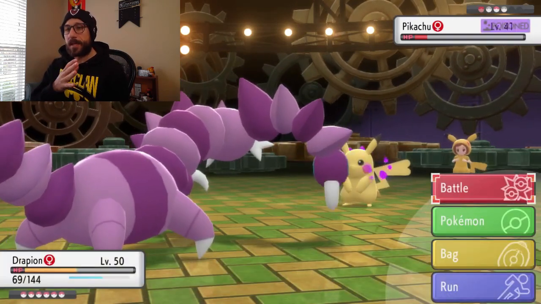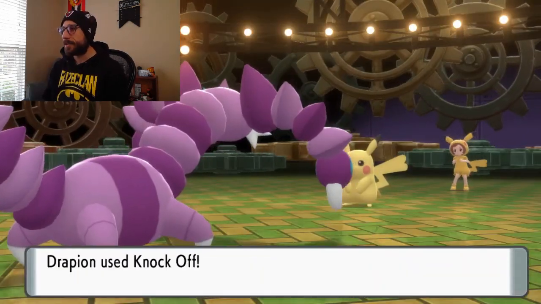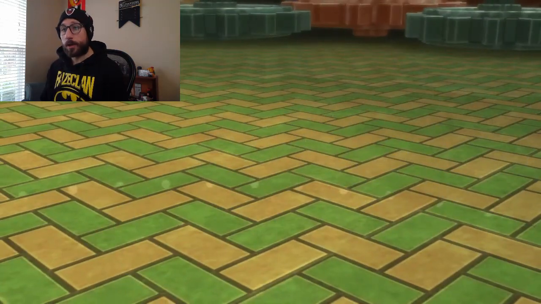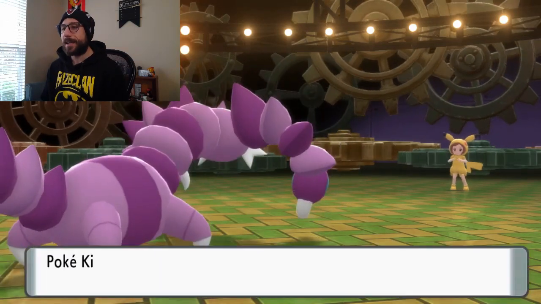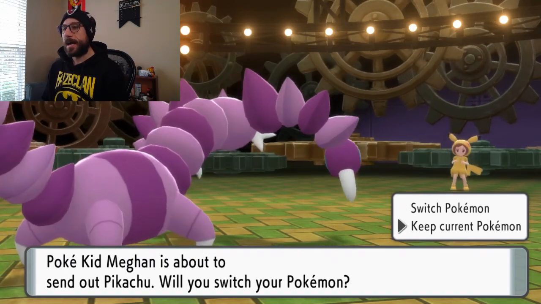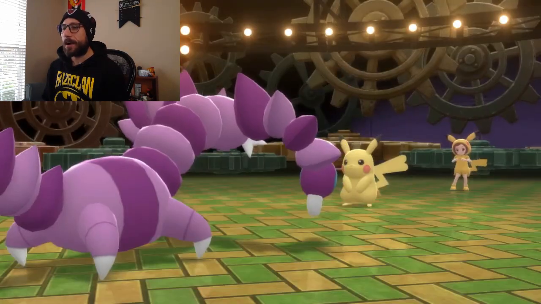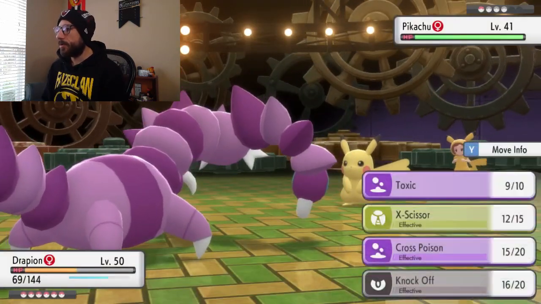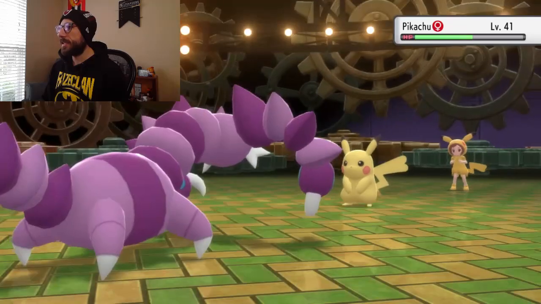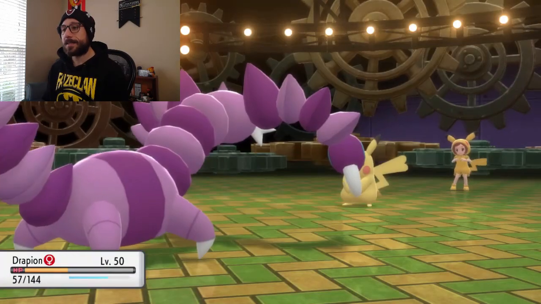Luckily, Drapion's love for me knocked off that paralysis, which of course is awesome. Hopefully, I can knock off this Pikachu on this last move, and I do. Drapion takes down the 3rd Pikachu in a row, even though my attack was harshly lowered by a lot. Now we have another Pikachu, and I am going to continue utilizing my Drapion again because I am hard-headed. Doesn't matter how much my attack is lowered, I'm going to continue utilizing my Drapion and going with another Cross Poison. Unfortunately, we just saw that didn't do as much as it was against the other